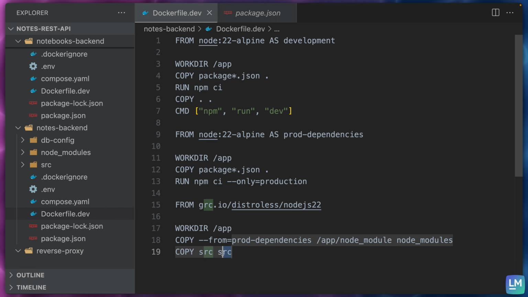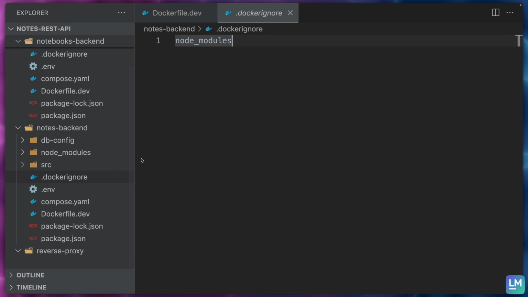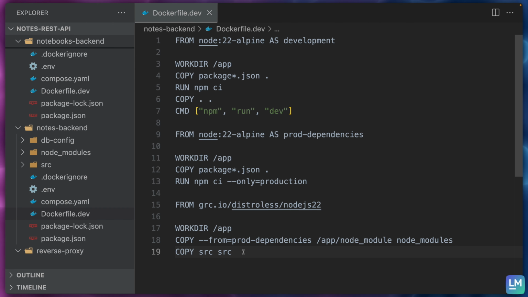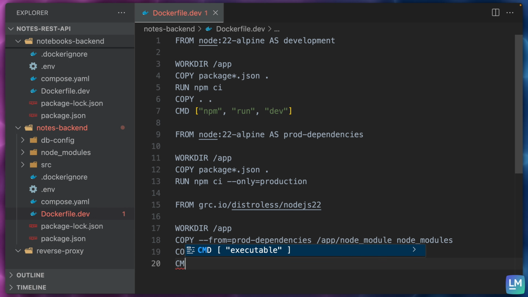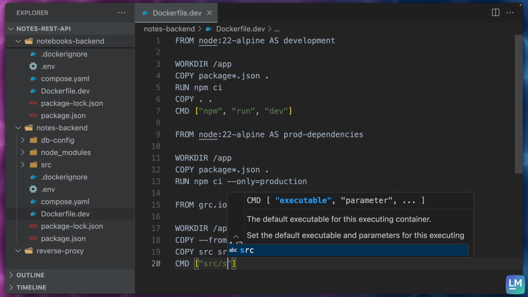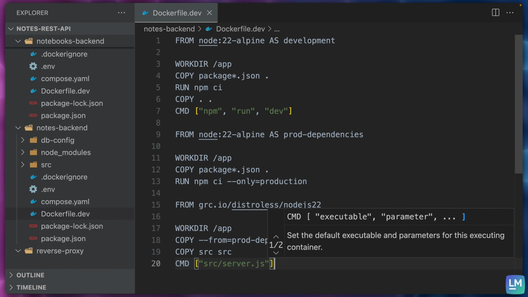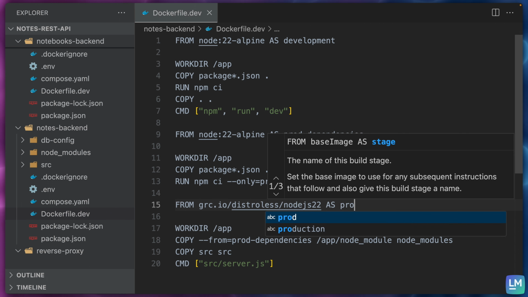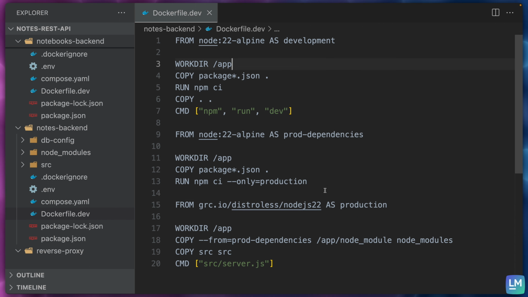And if you have any test files, then remember you can always come to the .dockerignore file here to specify how we can skip these test files. Since we don't have any here, I'm just going to skip this step. So we're going to copy the source folder into the source folder inside of the /app directory. And then our command here is just going to pass the name of the file, and that's going to be src/server.js. Perfect. The last thing I would like to do here is to differentiate between the development and the production